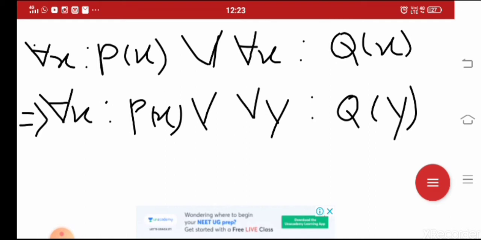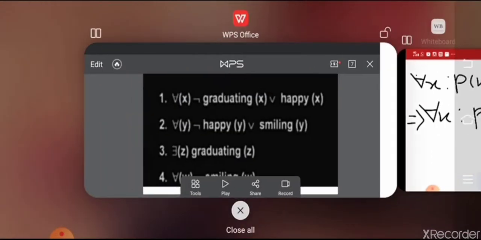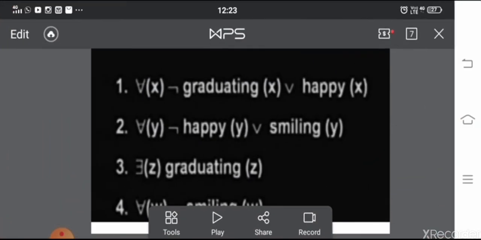See this. This is how we can standardize the variables for every quantifier. This is the third step in our procedure.